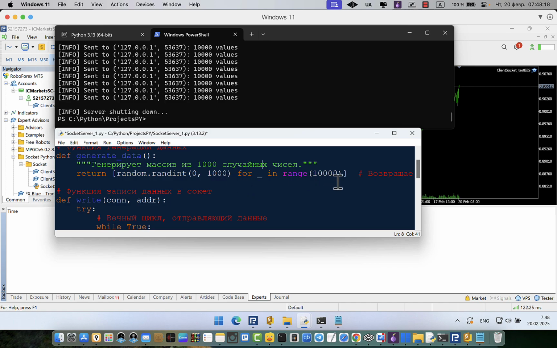Here we will send 1000 random numbers from Python to the server, and this robot will read these elements from the TCP IP server. That will be a virtual array in stock memory, in operation memory, like in RAM, and we do not